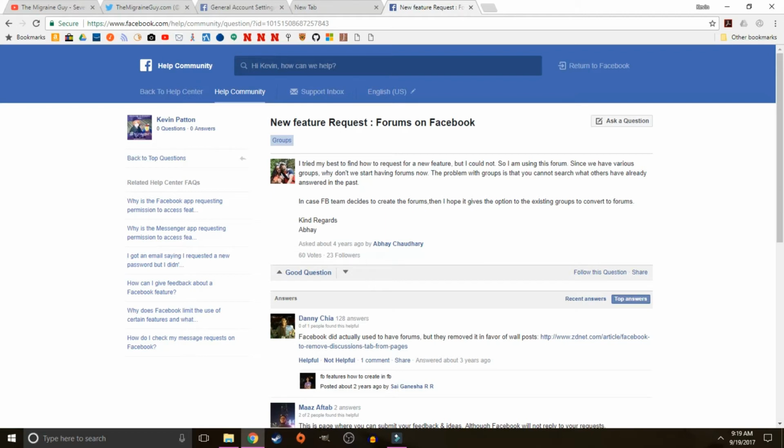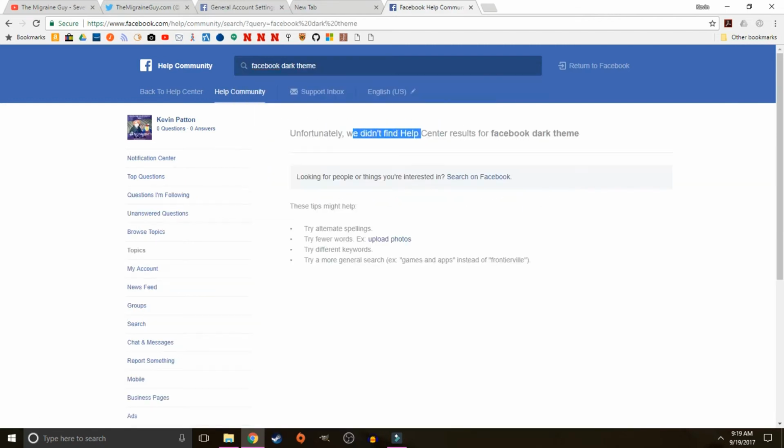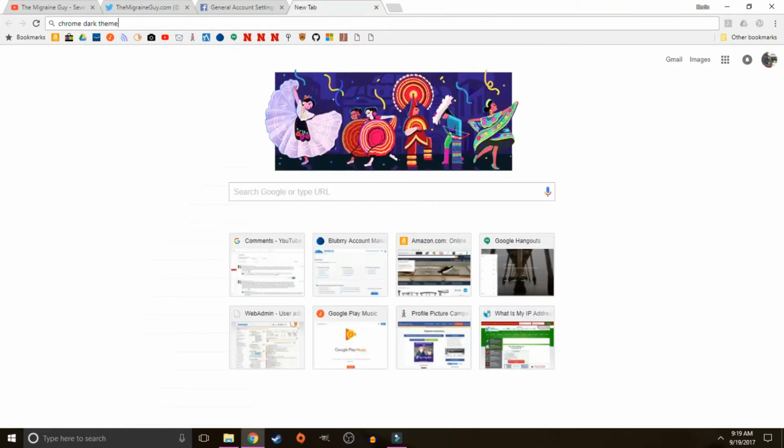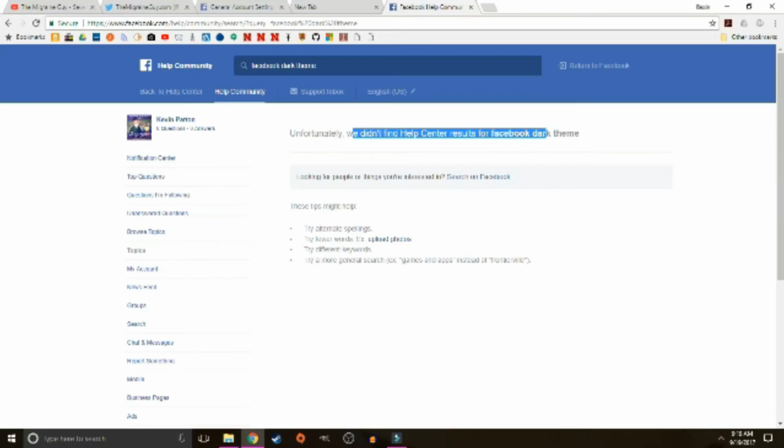Well, there isn't anything explicit you can do to just do Facebook in night mode that I'm aware of, but there is something you can do if you use a modern browser such as Chrome, Firefox, or Edge. Is Edge a modern browser? I don't know. But what you can do is search your particular browser, in my case Chrome, and the words